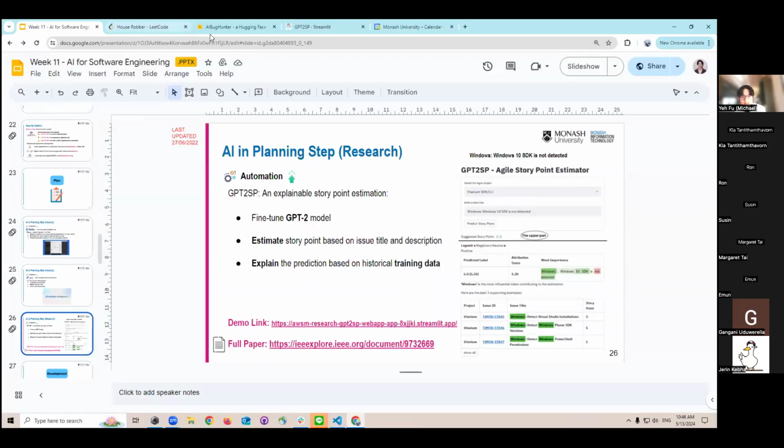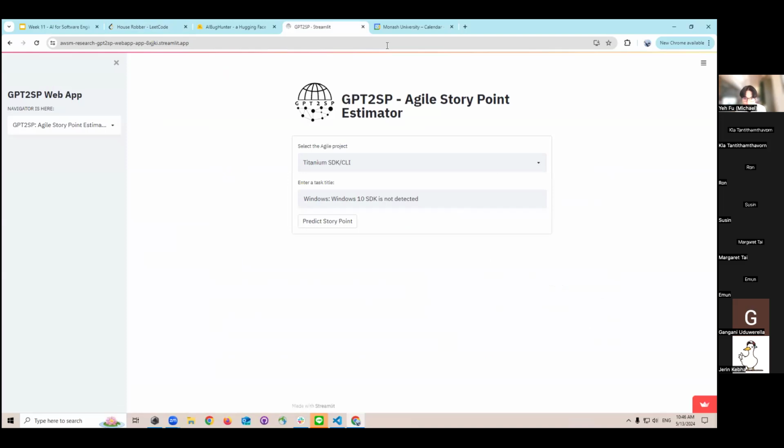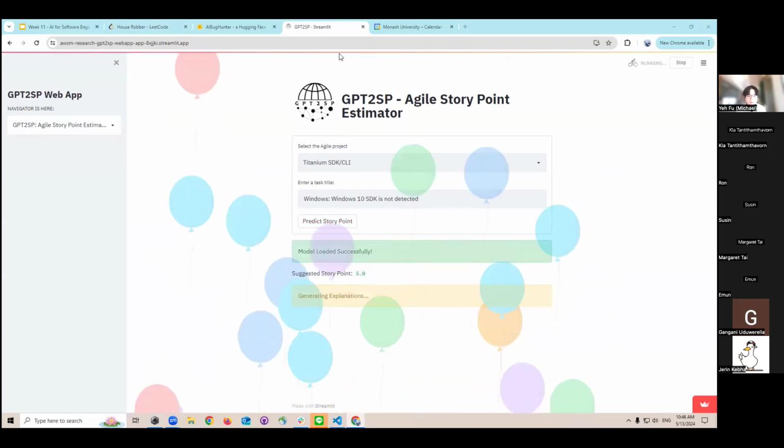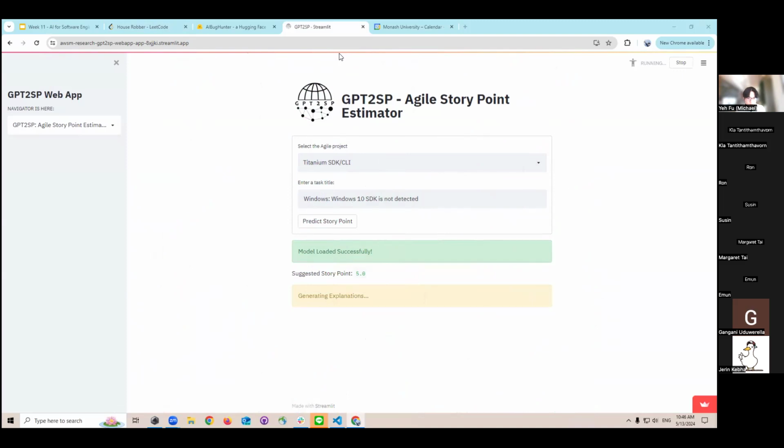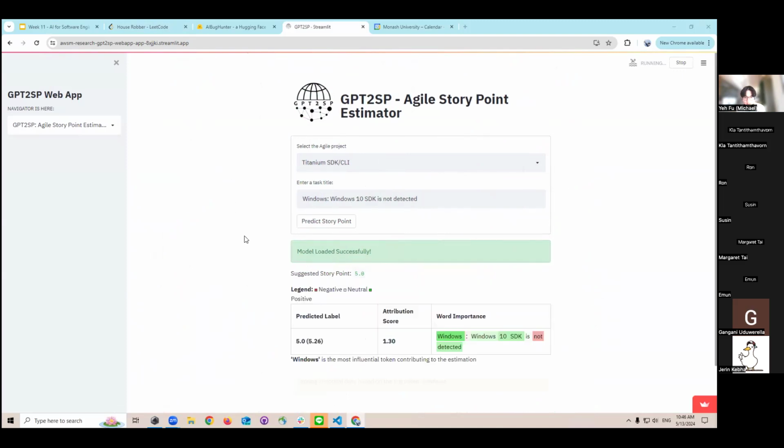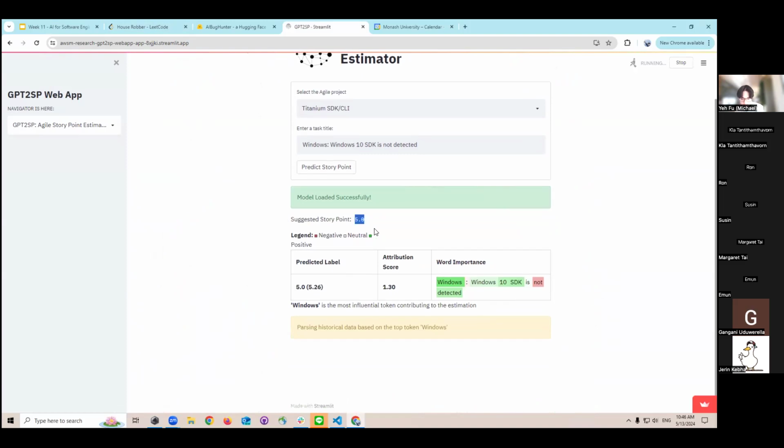I'll demonstrate right here. We first select the project, then enter the task title, and then click predict story point. Okay, it says the model loaded successfully, and it suggests 5 points.